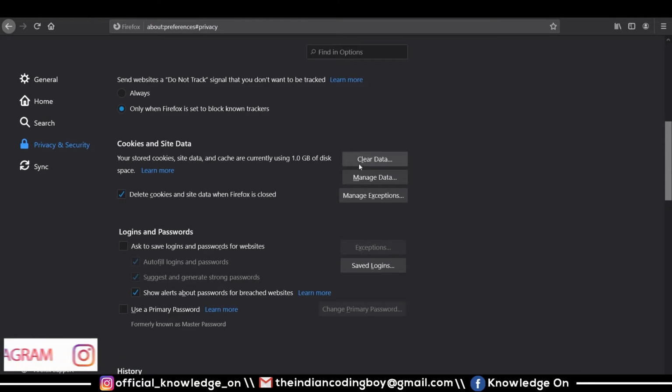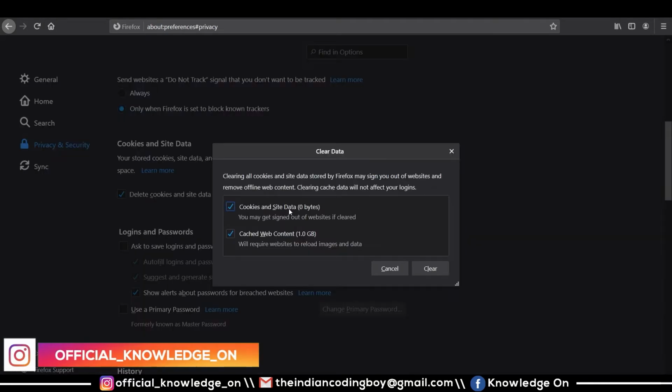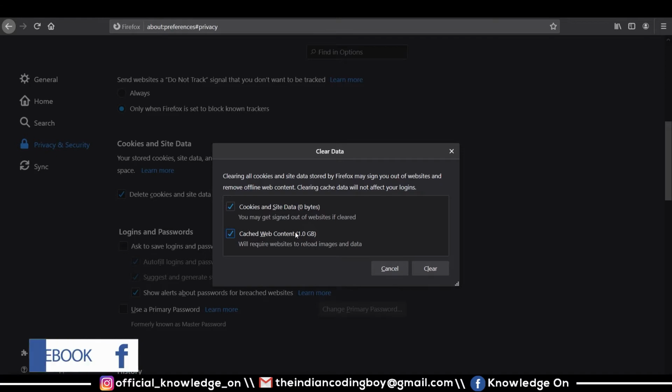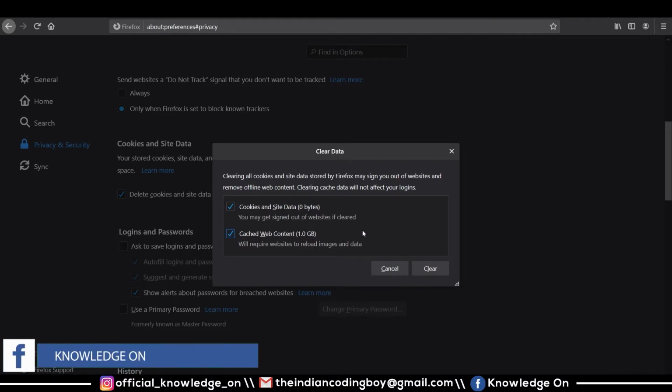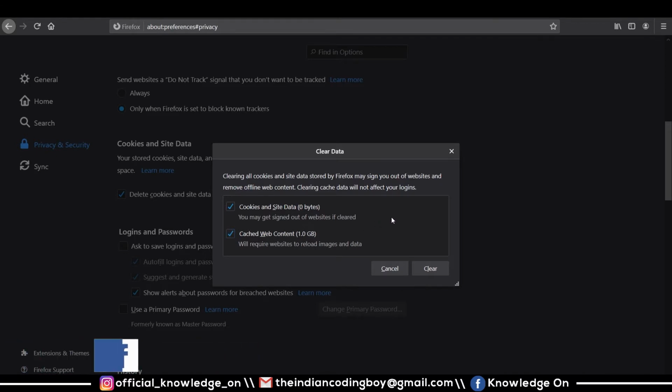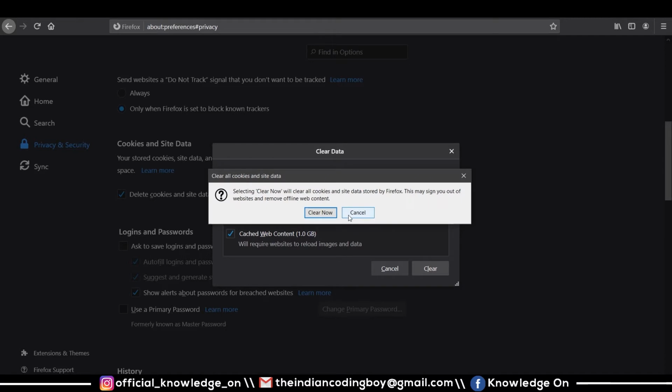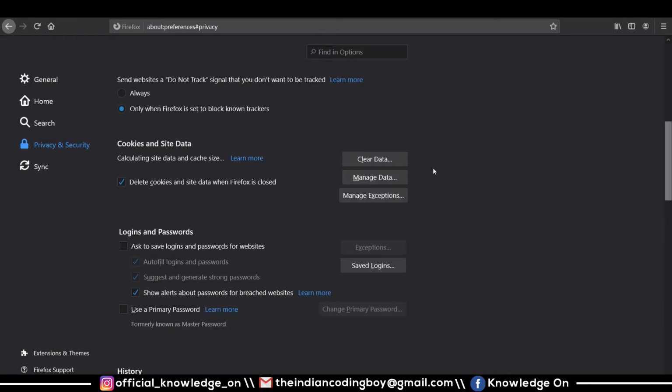In this case, what I can do is I can give clear data. So clear data, there is cached web content. Actually, caching is a very useful process, because each time you have cached data in your disk, it is easy for the web page to load. But our purpose is to eliminate some disk space, which is we have to clear some disk space for easy traversal and usage. In such cases, we can delete this. This cached web content can create itself back. So you need not worry about the unwanted deleting procedure.